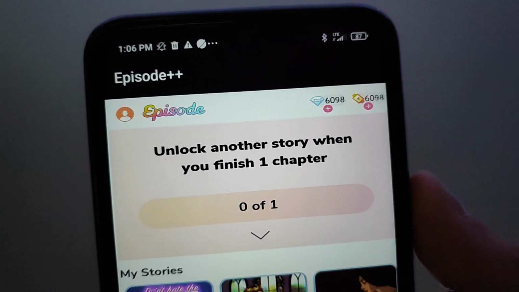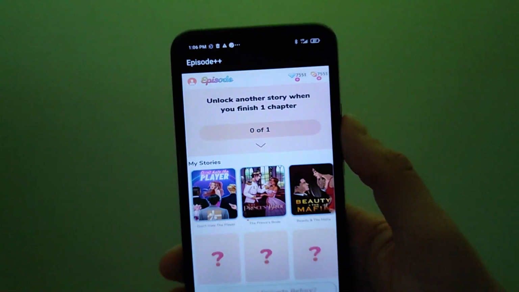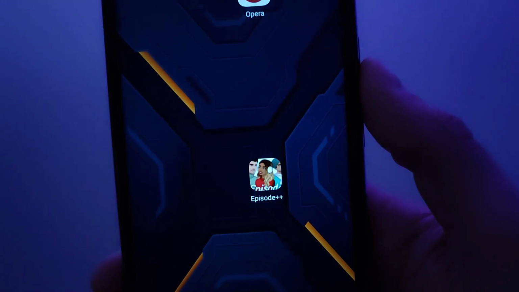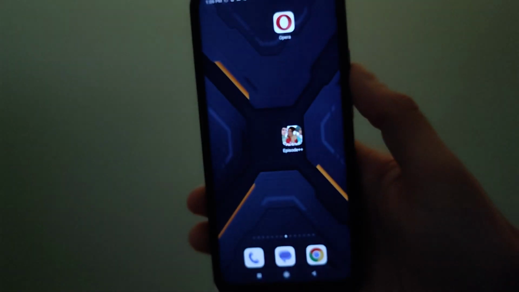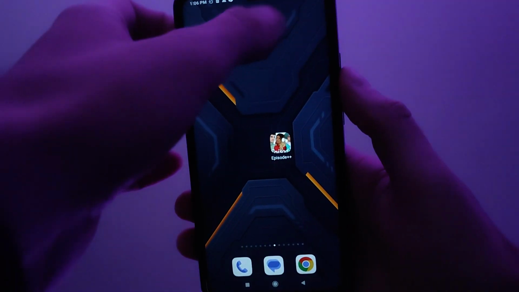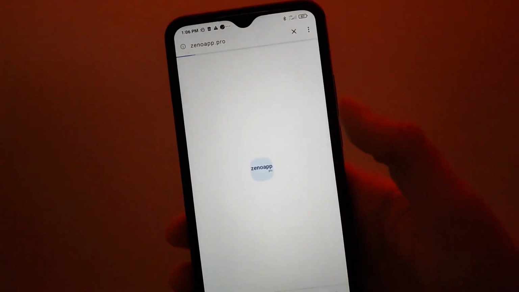As you can see, now I have unlimited gems and passes in Episode. So where did I find this application, Episode++? To get this application for mobile device, for Android or iOS device, all you have to do is open the browser, follow me,